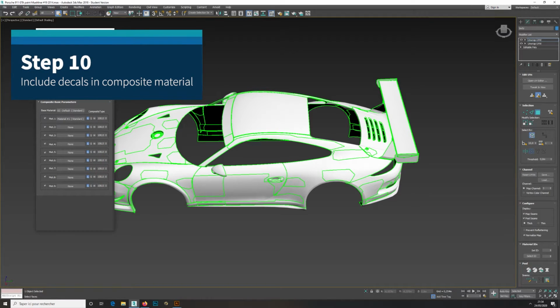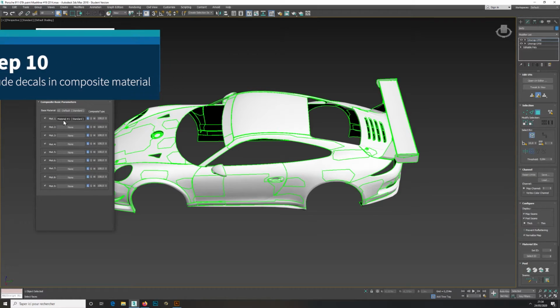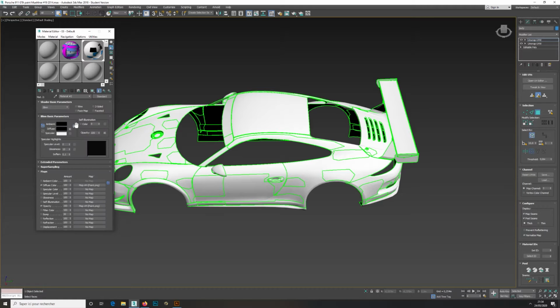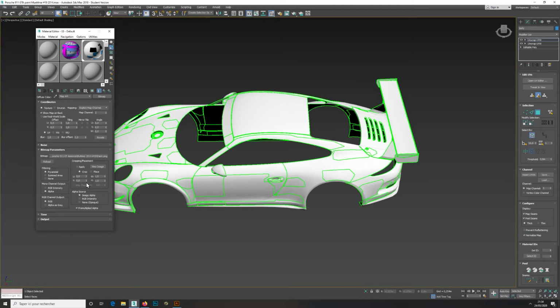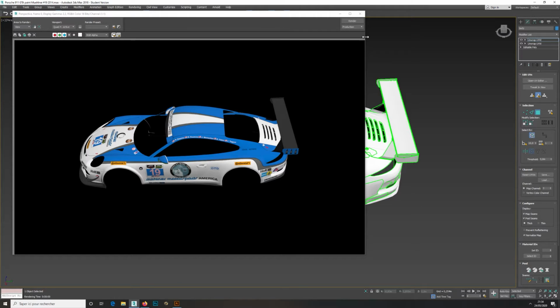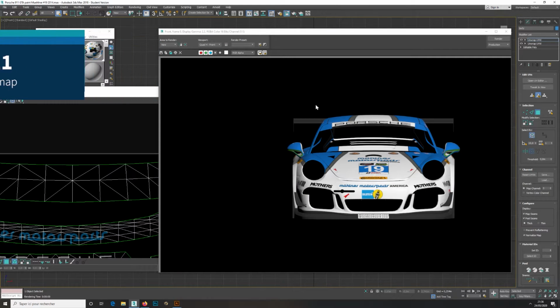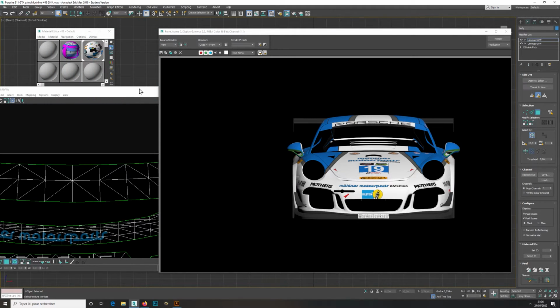and now we add that to the composite material. The simplest way is simply to make a copy of the first material that we made and to adjust it. So now it's channel 3, and of course you load as the bitmap the decals PNG that we just made. Let's make a quick render. So this looks good, but we will make a few adjustments in the UV map to correct certain mistakes or